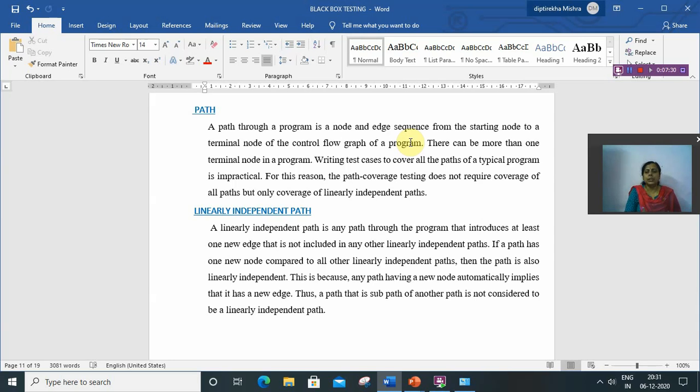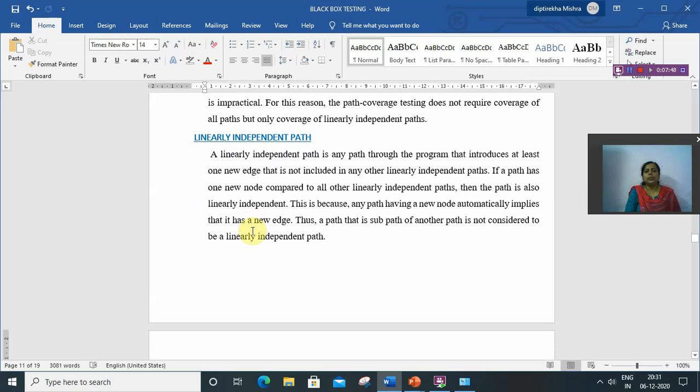So for this reason, path coverage only covers all the linearly independent paths. The test cases cover only the linearly independent paths.